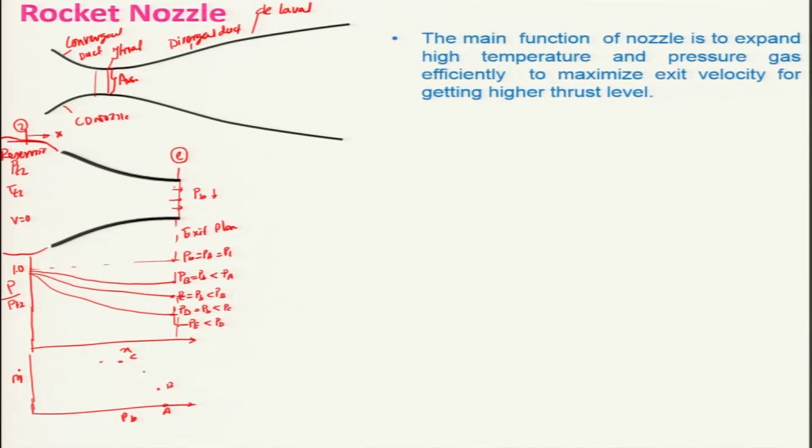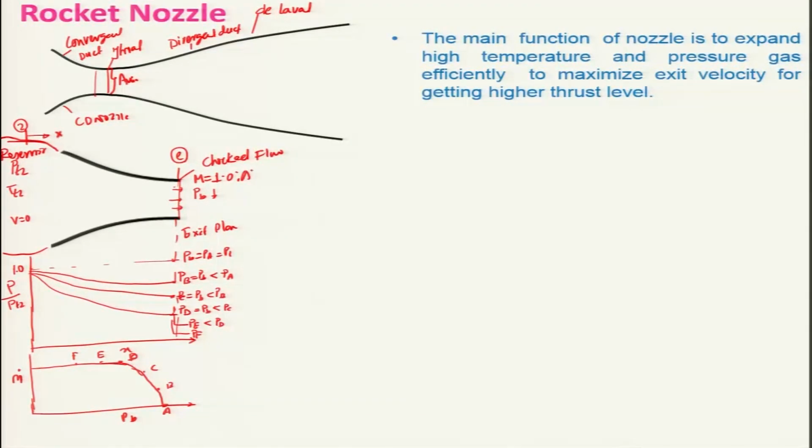There won't be any change, and if I go for maybe this is your C and this is your D point, this is your E and PF, then naturally there won't be any flow. That means the mass flow rate will be changing if I join these points. Keep in mind that this condition of the D, which we call a choked flow condition, the Mach number at the exit will be 1, and this